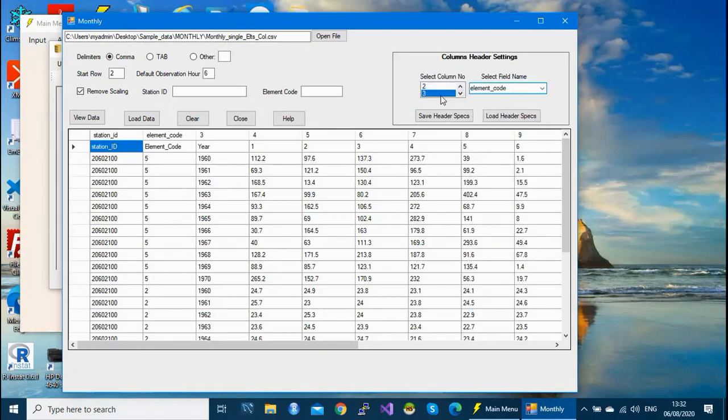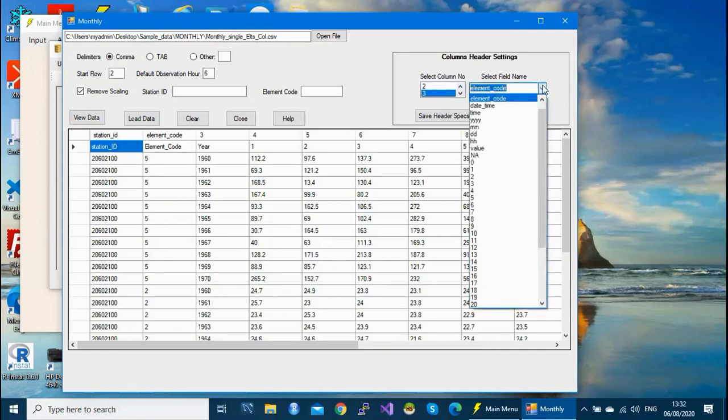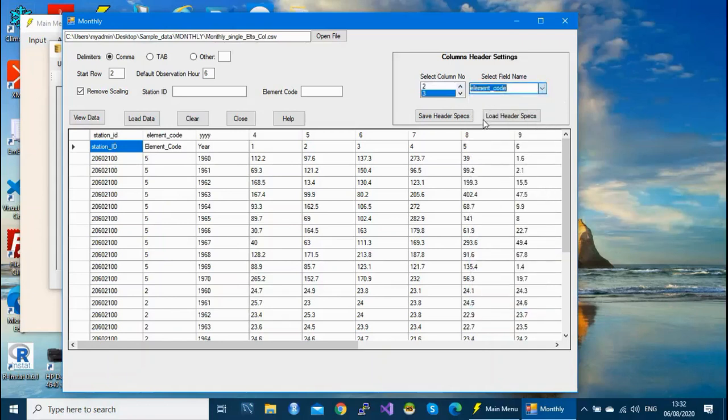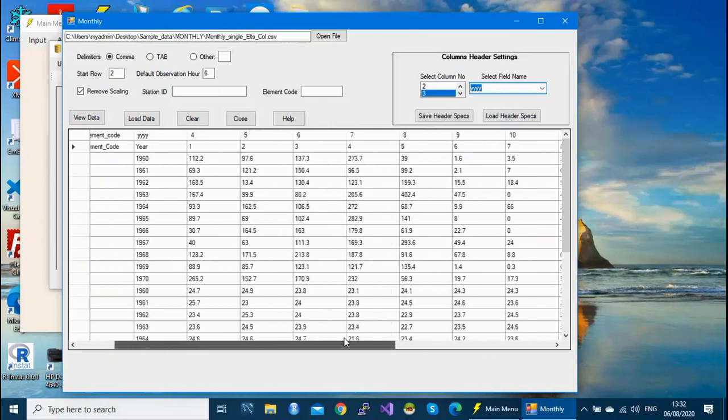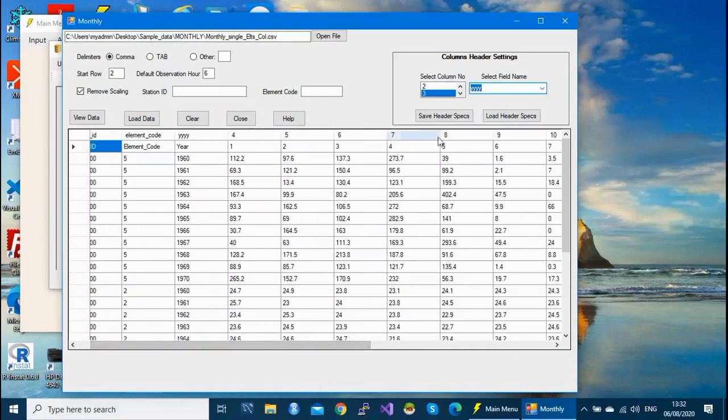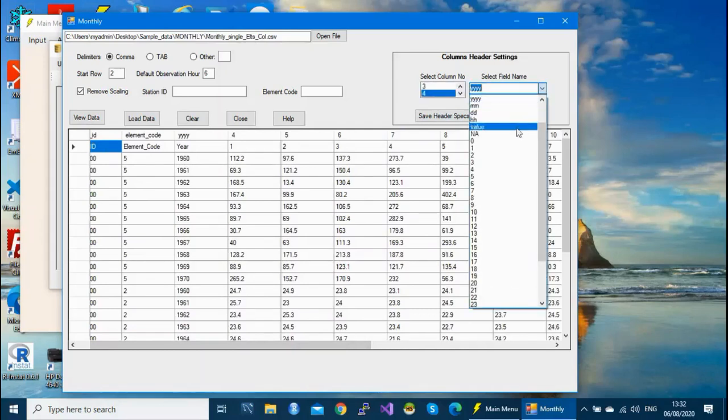Column 3, you match with year. And then as you can see, January starts at column 4 up to December. So column 4, you pick January, which means 1.